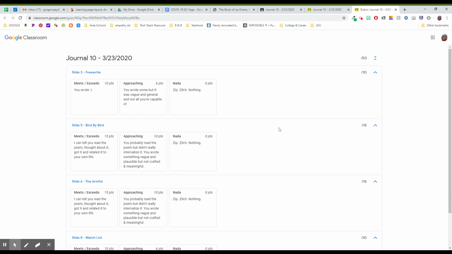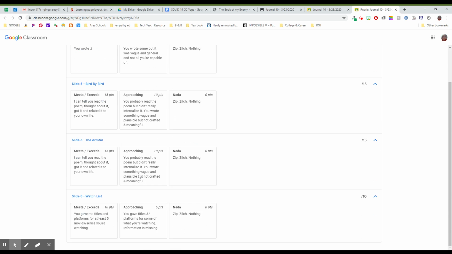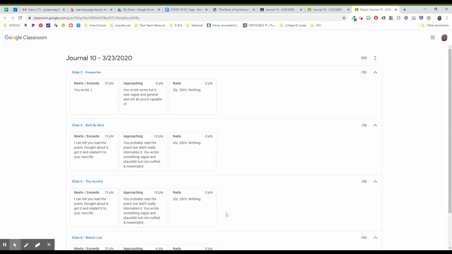If you want to open it up all the way in a new window, you can do that as well, and you can see everything. Once you've used that rubric, you cannot go in and change the point values on things. You can, if you see a specific problem reoccurring, you can go in and change the language in any of these. But like I said, once you start using it, you can't go in and change the point values. So that's Google Rubrics